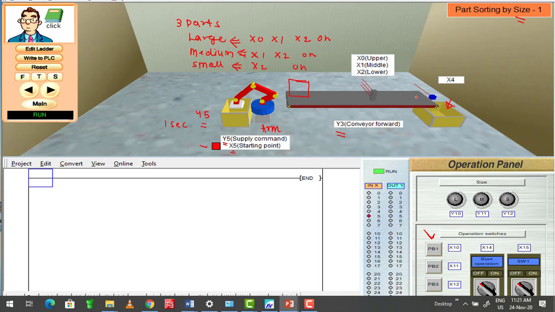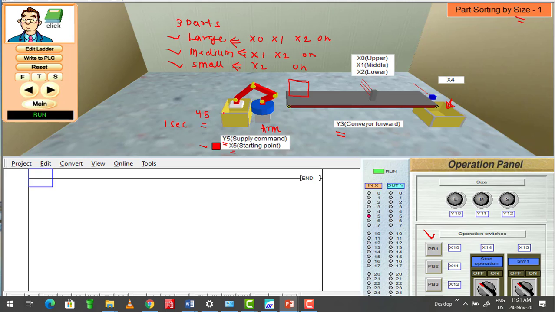When the job on the conveyor goes to the end box, we have to supply the next part on the conveyor. So this is a fully automatic system. When the job goes in the box, we have to supply a new part, so we again turn on the Wi-Fi for 1 second, and the same process repeats. The next thing is we have to count the number of parts on the conveyor: how many are large, how many are medium, and how many are small. This is how the system works.